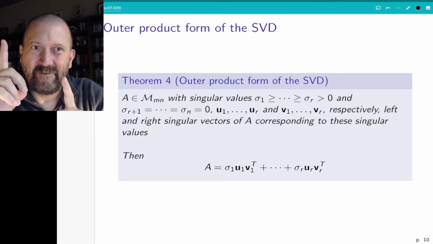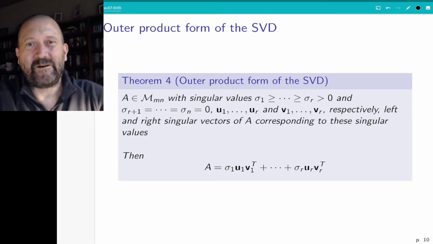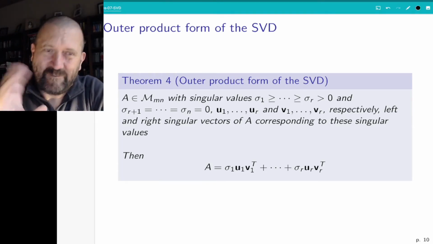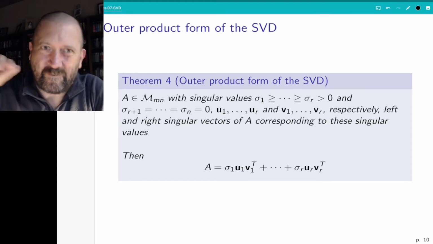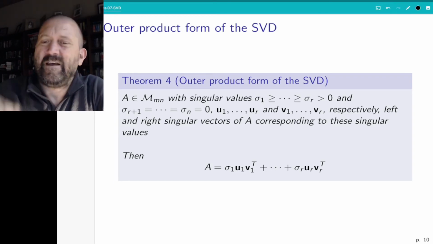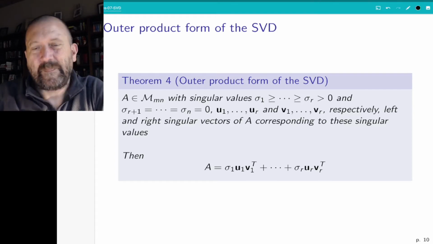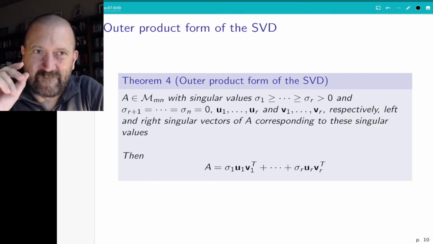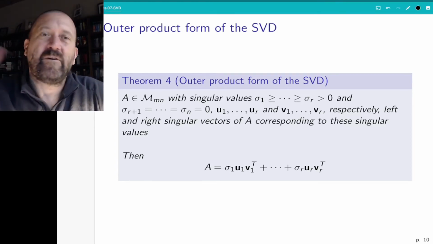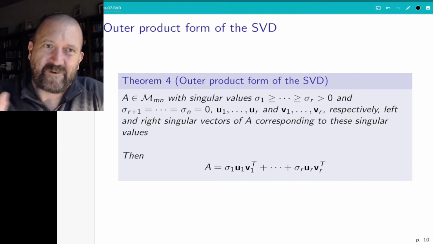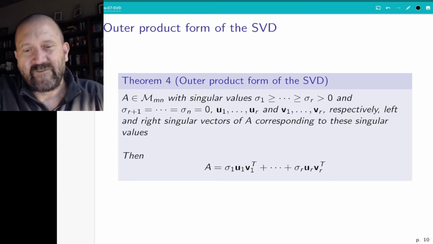One remark. So we have plus, okay, so let me finish. Plus, and so on and so forth. You continue, you sum all of them all the way to sigma r, u r, v r transpose. Okay. The remark I wanted to make, so sigma are numbers, so it doesn't matter, but let's look at the sizes